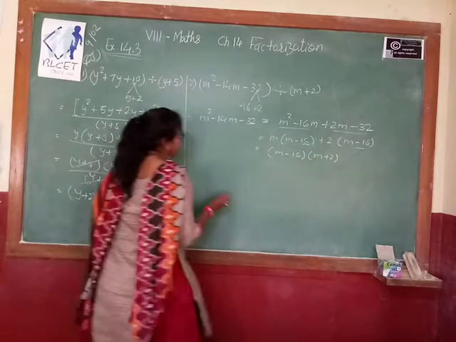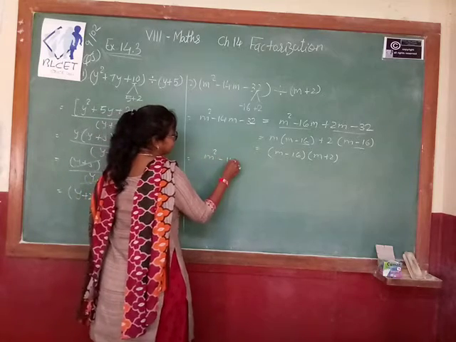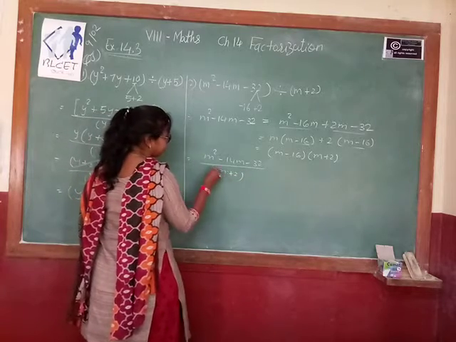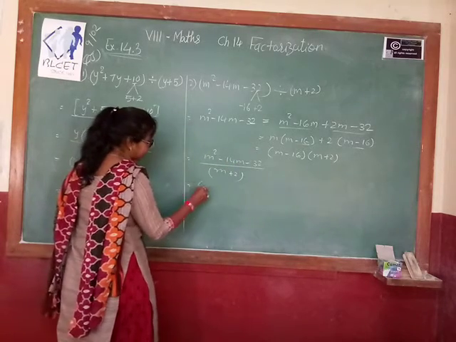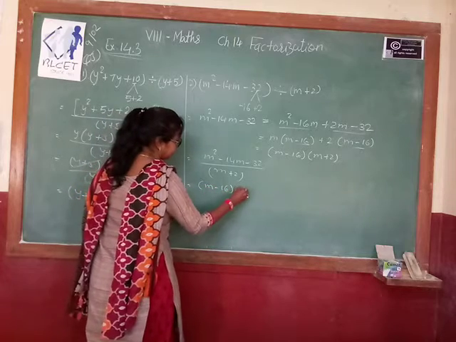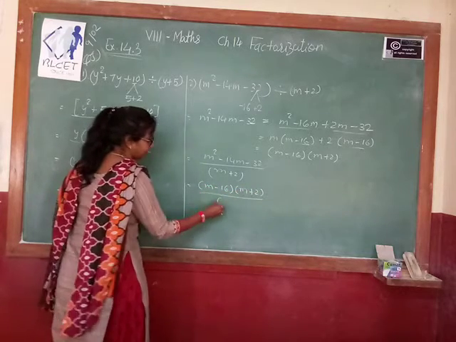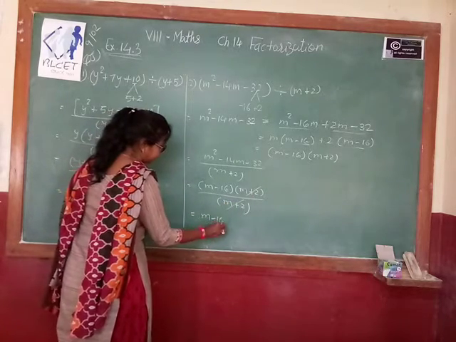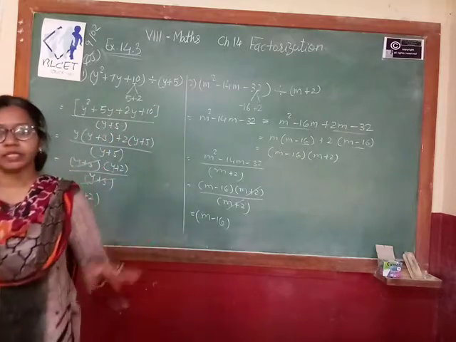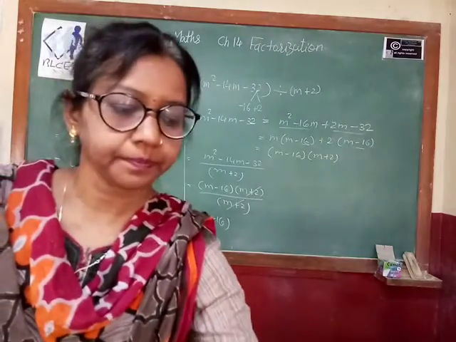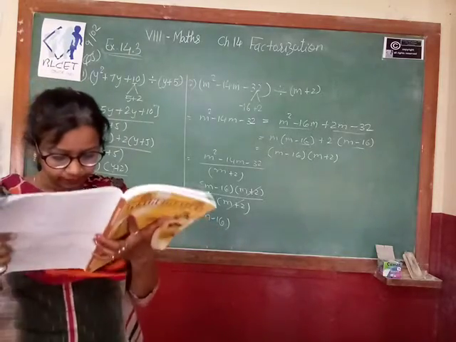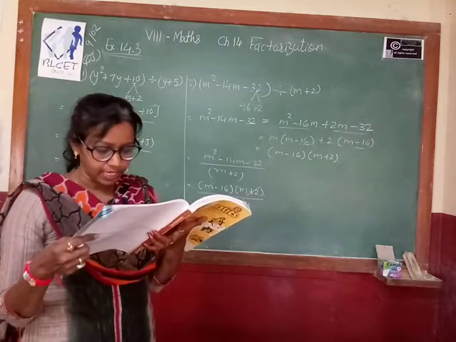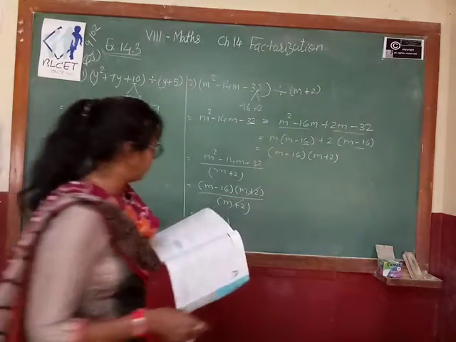So directly now we write the factors. So m² - 14m - 32 whole divided by m + 2. In place of these we write the factors, that is (m - 16)(m + 2) whole divided by (m + 2). This will get cancelled. So what is the answer? m - 16. So this way also we can solve the division. Next we will see 5p² - 25p + 20 divided by p - 1. Let's see how to solve this question.